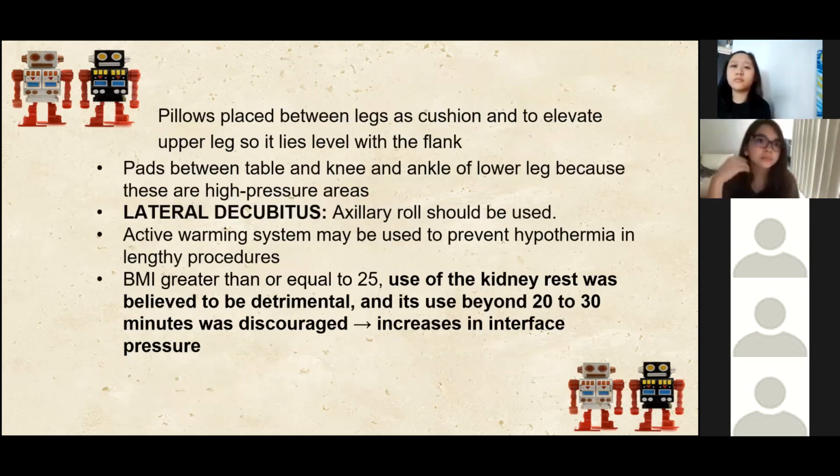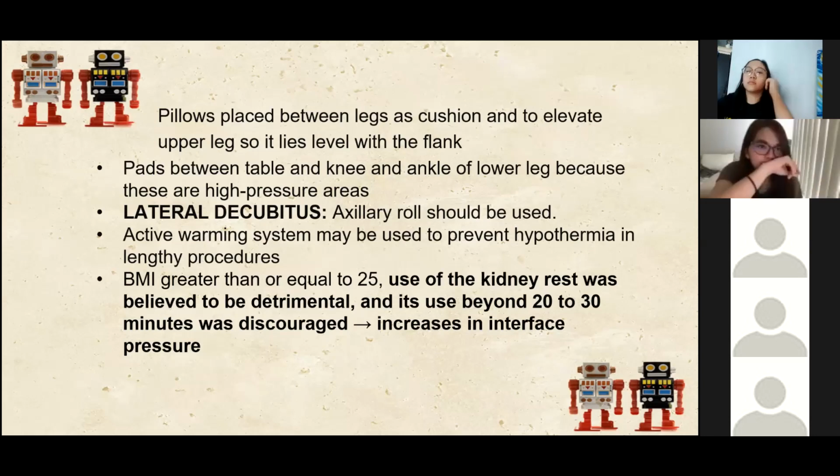Pillows should be placed between the legs as cushion and to elevate the upper leg so it lies level with the flank. And pads between the table and knee and the ankle of the lower leg should be placed because these are high pressure areas. So for your lateral decubitus,